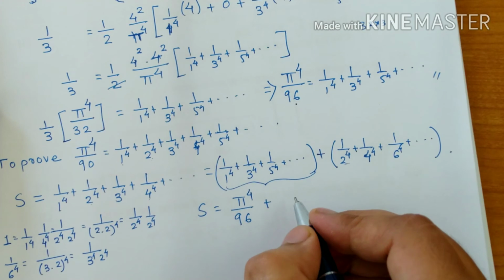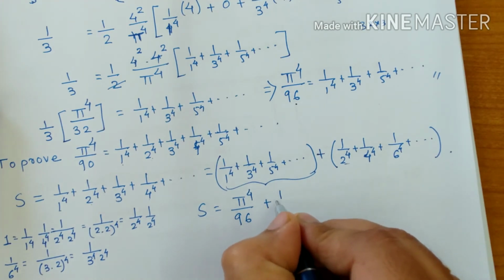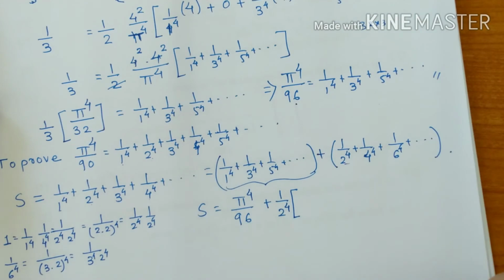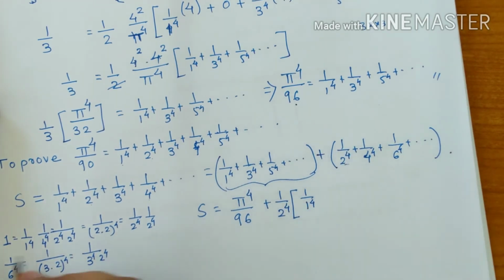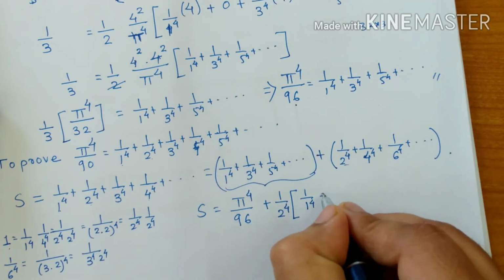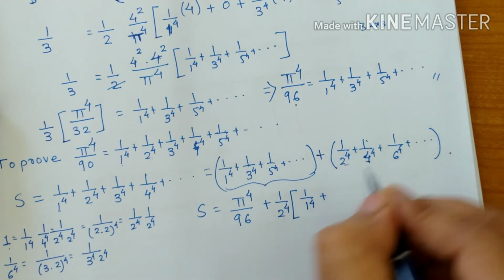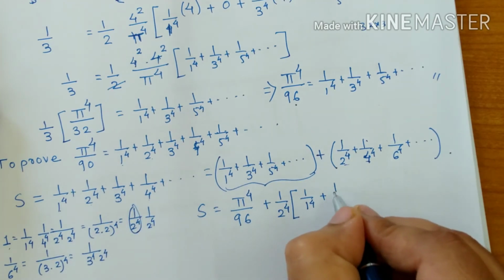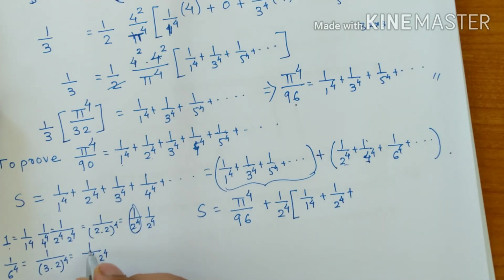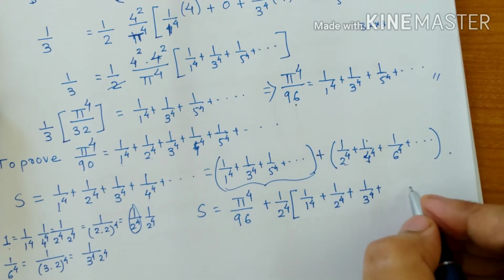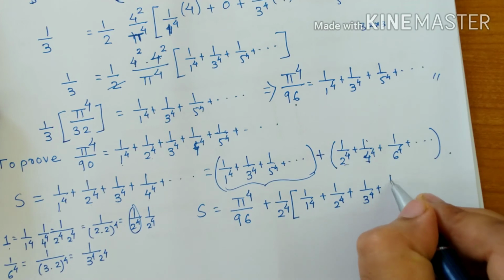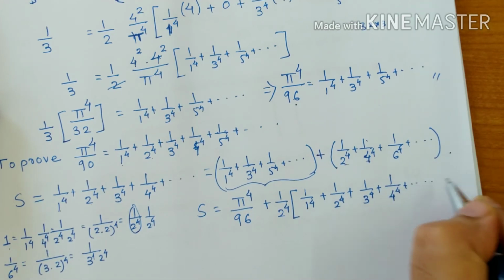So from all I am taking 1 upon 2 raised to 4 common. So while taking 1 upon 2 raised to 4 common, what is there inside of the bracket? So here in the first term we get 1 upon 1 raised to 4. Okay, at the first place we get only 1, but 1 can be written as 1 upon 1 raised to 4. Plus, when I am taking 1 upon 2 raised to 4 common from here, that means one of them is going out. So we get 1 upon 2 raised to 4. For 6, we have this term. I am taking 1 upon 2 raised to 4 outside. That means remain is 1 upon 3 raised to 4. So what about next? Can you imagine? Yes, it is 1 upon 4 raised to 4 plus and so on like this.